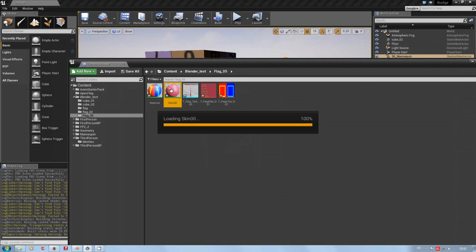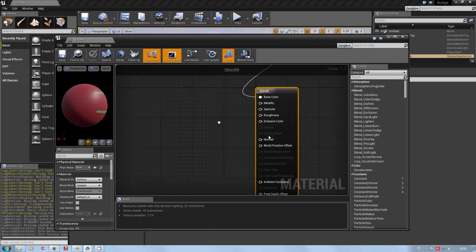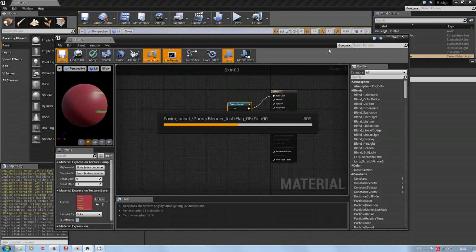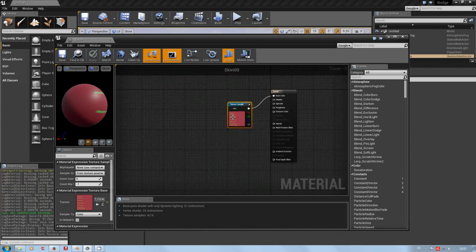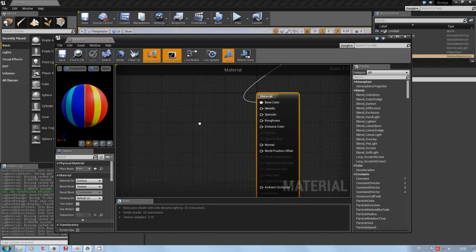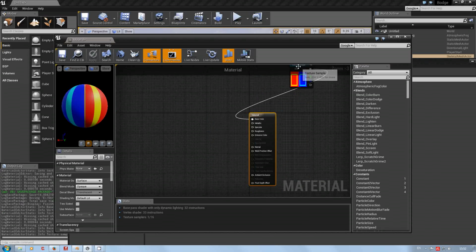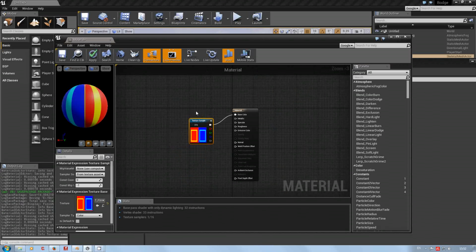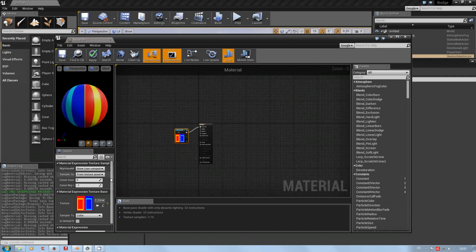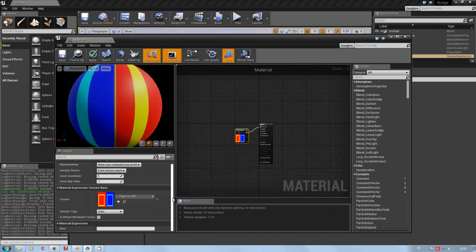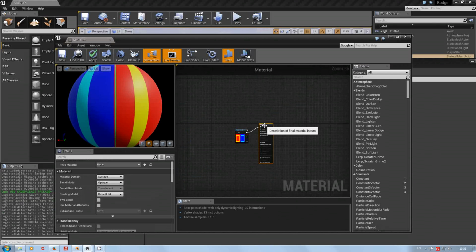Okay, so skin 00, smashing, nothing fantastic, save. Get that one out of there. Right, this other material, I got very lazy with my naming and forgot. What we need to do here is expand this out, bring that down. That's just on that, that's not what I want. Highlight that one,